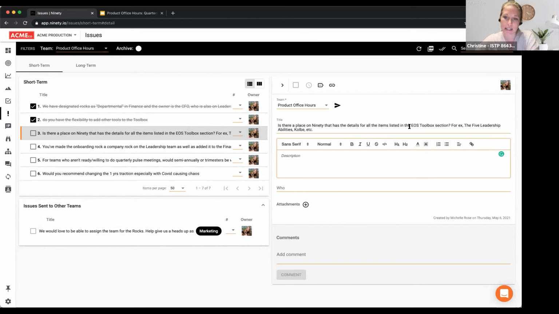All right. Any details for the listed items in the toolbox? 5 leadership abilities, Colby. Great question. We don't have anything as far as an internal resource goes. We would love to have that for you, but a lot of these resources are spread out in the EOS universe, you could call it. For Colby, you probably want to go to the Colby site. That's a test that you purchase through them and need an account for your company. A lot of implementers will have access, are Colby certified, or will know someone who is. So it's a great reason to at least engage, and any implementer will happily help first and introduce you to somebody there.